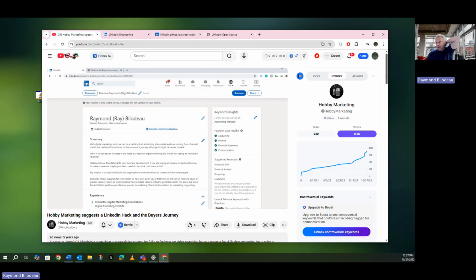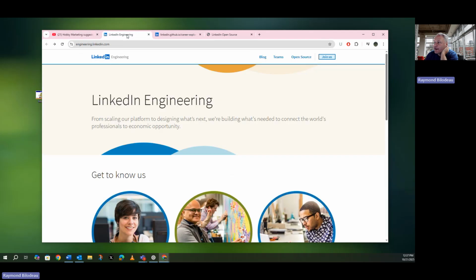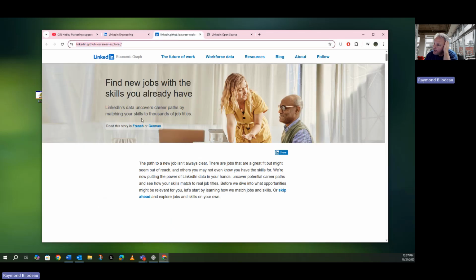And so I was disappointed to see that LinkedIn took it out. However, I want to try to introduce you to another tool that maybe allow you an opportunity to put these back in. And so this is a LinkedIn tool and really cool of LinkedIn to provide these tools. LinkedIn engineering, I thought was really cool, but this is with GitHub. And so this GitHub, and I'll leave the link in the comments below if you're interested, but this LinkedIn GitHub